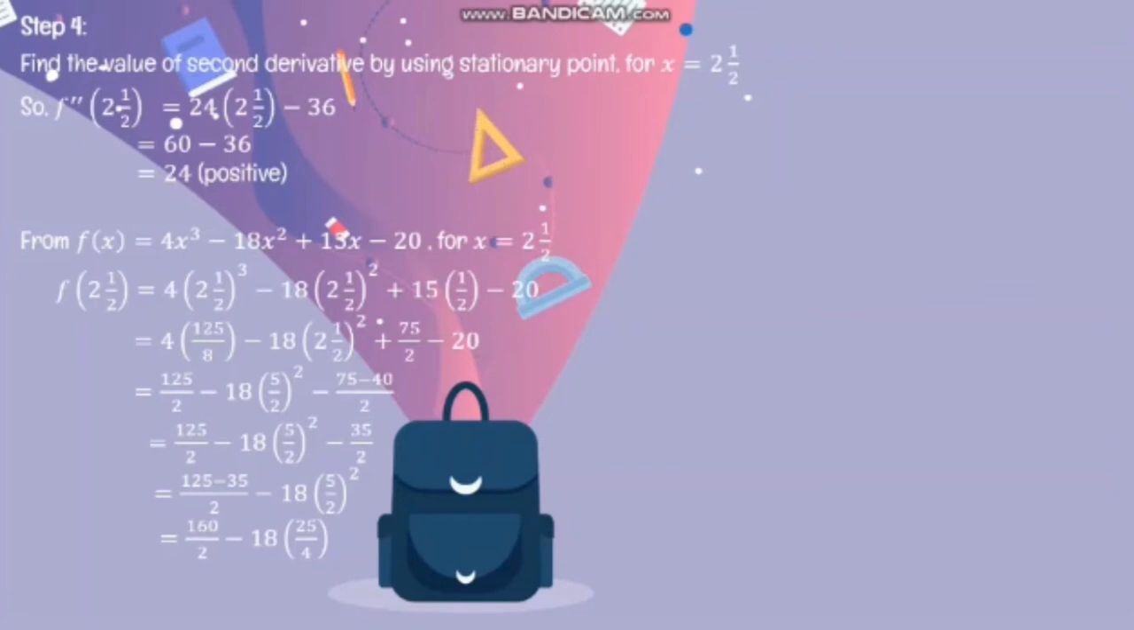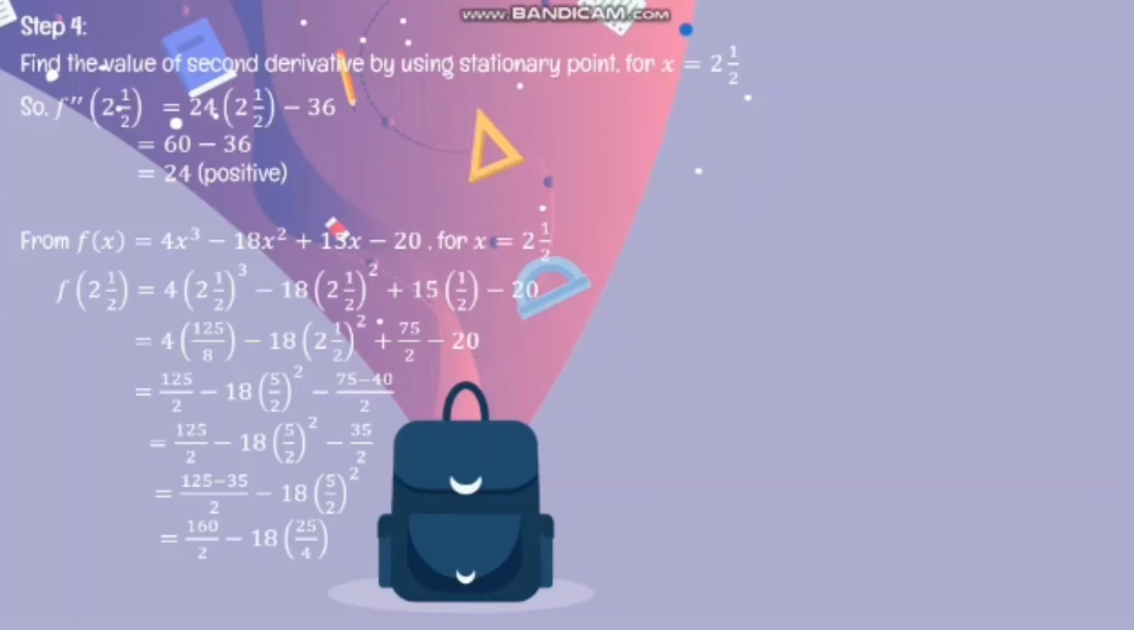f(x) for x = 2 1/2 equals 4 multiplying (2 1/2) cubed minus 18 multiplying (2 1/2) squared plus 15 multiplying a half minus 20, equal to 4 multiplying 125 per 8 minus 18 multiplying (2 1/2) squared plus 75 per 2 minus 20 equal to